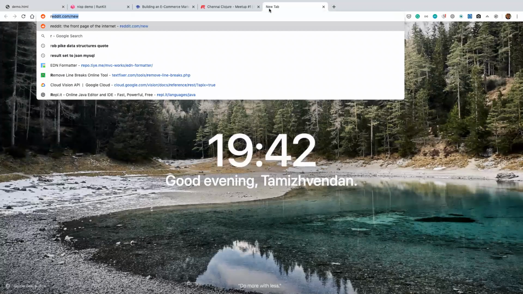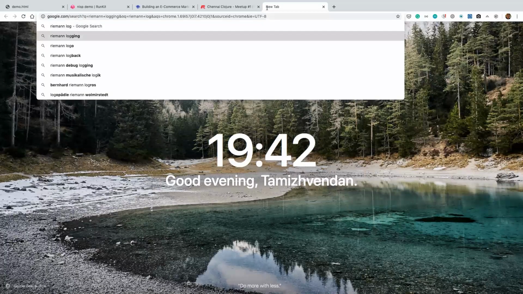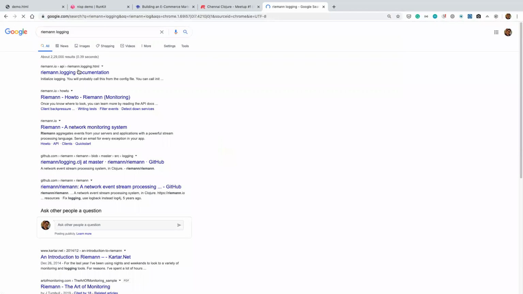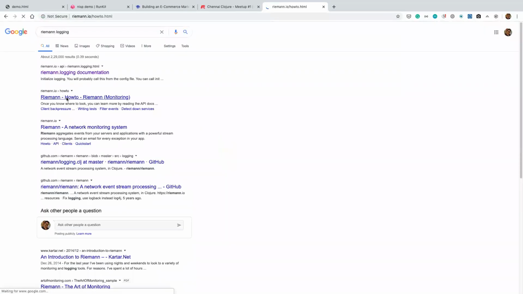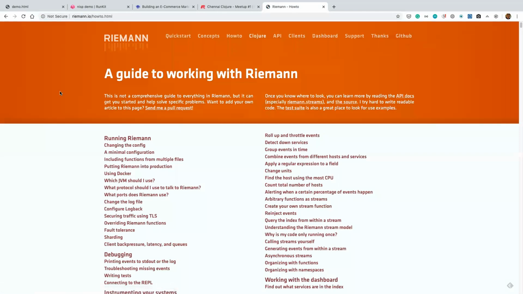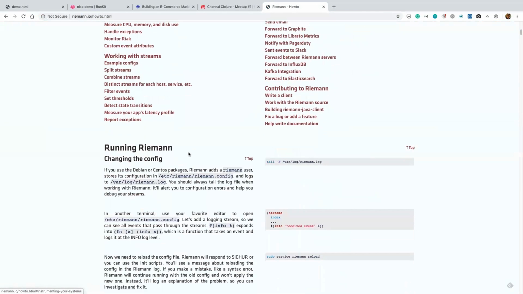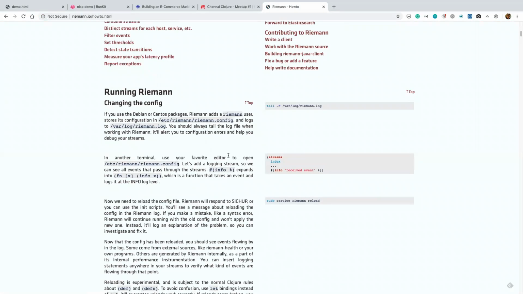Just to add to the point, Google has this kind of implementation, but I'm not very confident on that. There is a monitoring tool called Riemann. Again, it is built using Clojure. It's a monitoring tool where you can write the configuration in Lisp. So it is just taking that principle and running with it. That's the power of Lisp.